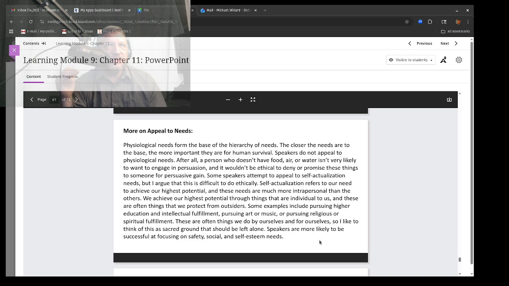So most of the time, they're targeting us in our upper level needs. Some examples are pursuing higher education and intellectual fulfillment, pursuing art or music, or pursuing religious or spiritual fulfillment, again, higher up in the needs space. These are things we usually do by ourselves and for ourselves. So we almost call that area sacred, but still persuasive speakers will focus sometimes in that area. But ultimately,